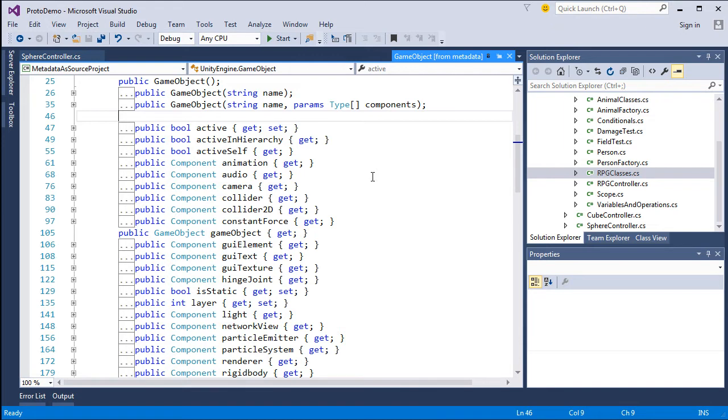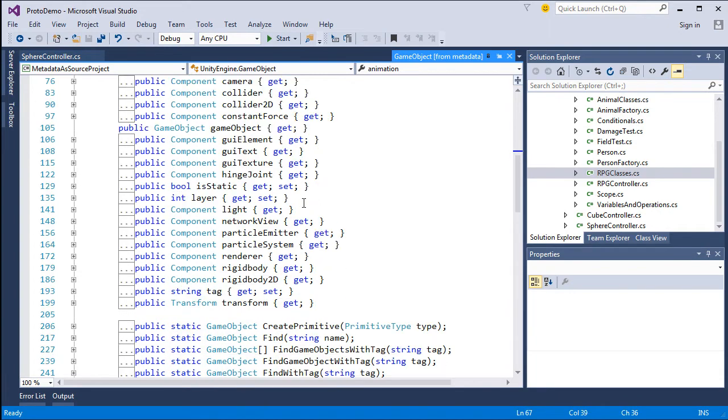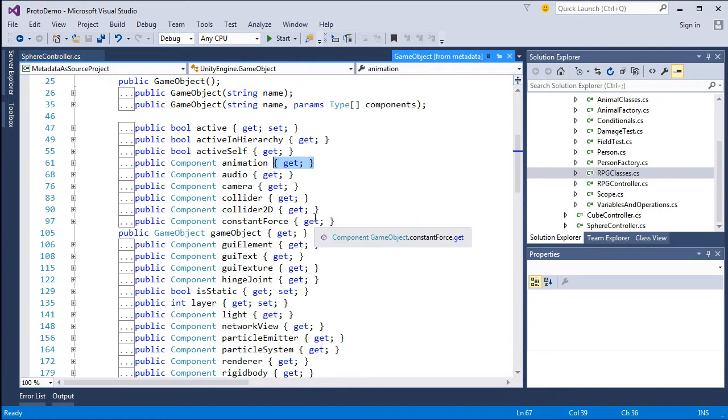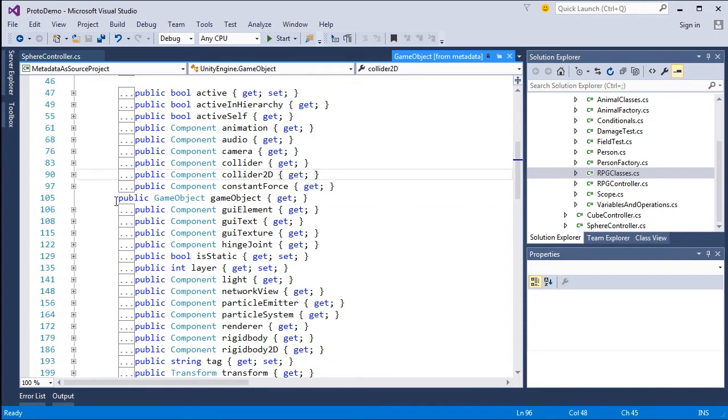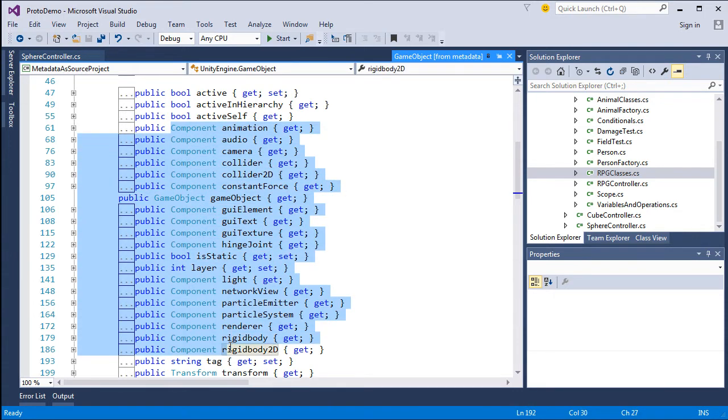Now, we know that these are properties rather than fields because of the variable. After the variable name, we have the get and set keywords. Some of these just say get, others say get and set. Well, that will all become explained later. So we see that a GameObject has a bunch of basic components of different types, but recalling inheritance, click on the transform property,